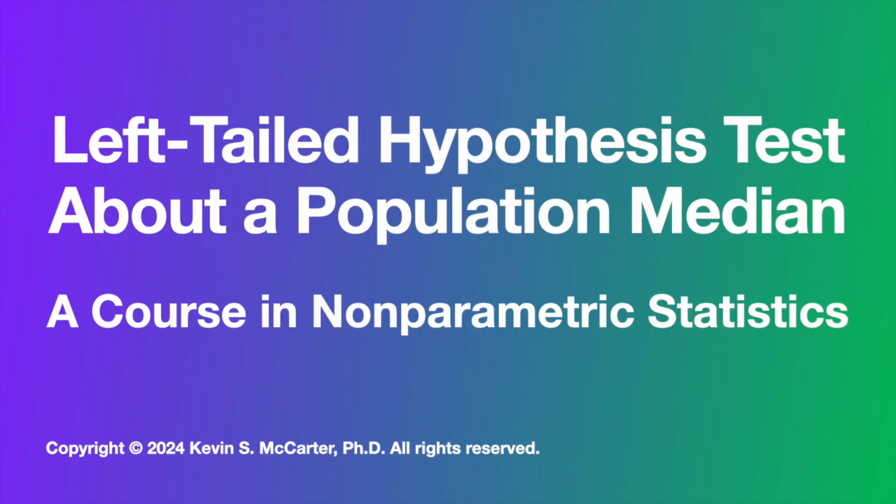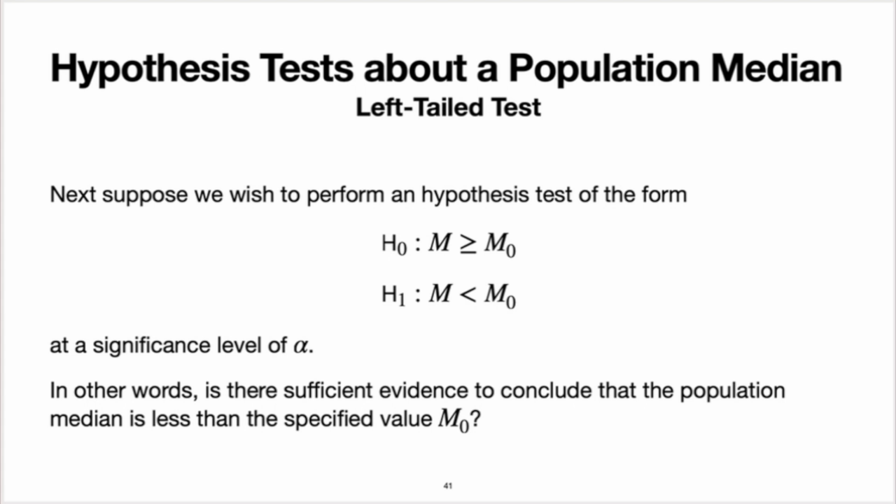In this lecture video, we're going to look at how to perform a left-tailed test about a population median. Now, let's suppose that we wish to perform a hypothesis test of the following form, where the null hypothesis says that the median of the population is greater than or equal to some specified value, against the alternative hypothesis, which says that the median is less than that specified value, and that we want to perform the test at a